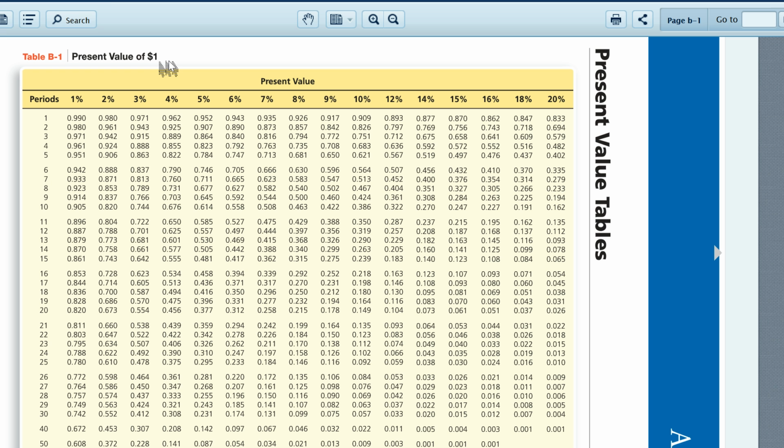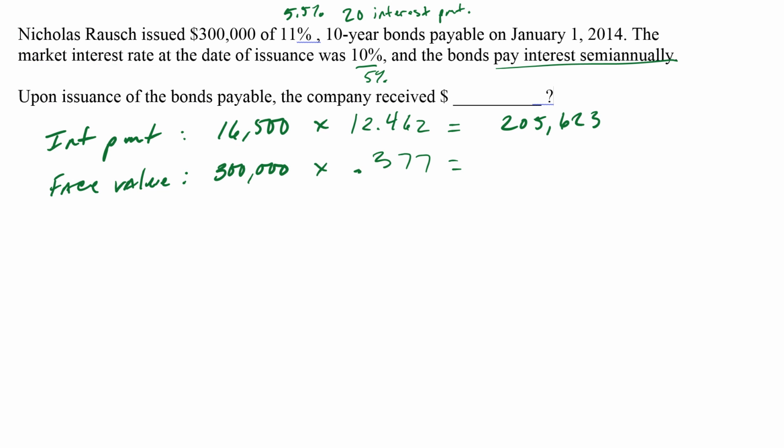So we're looking for something that's just a one-time amount. And so the face value, which is only going to get paid back once, would fall into that category. Again, we use the 5%. We go down to 20 interest periods at 5%. We use the same rationale, and we come up with 0.377. So let's put that in our calculation. Okay, so 300,000 times 0.377 gives us